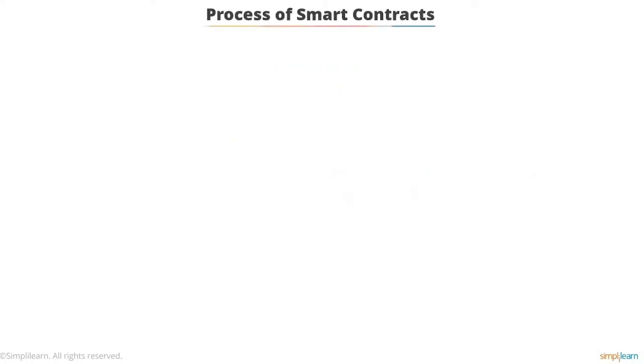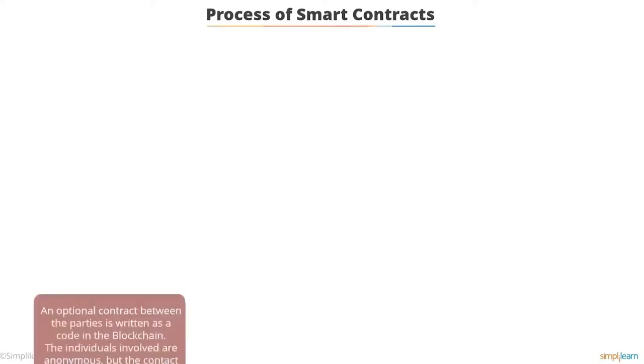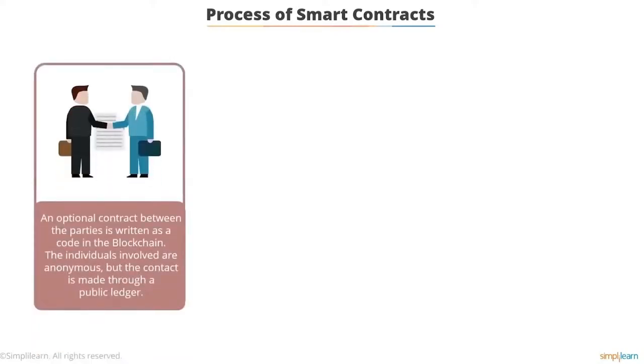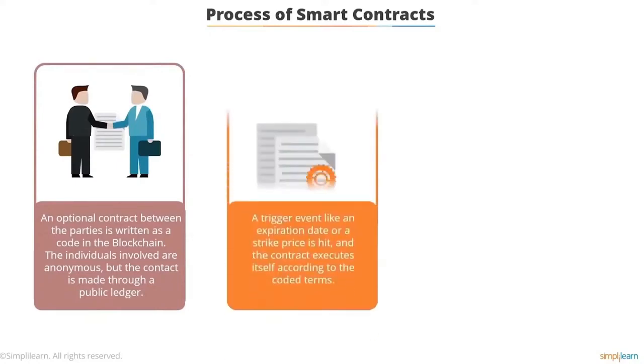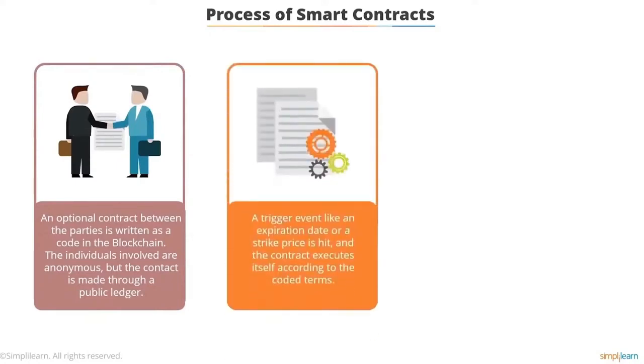Process of smart contracts. In this slide, we will understand how the smart contract works. First, an optional contract between the parties is written as code into the blockchain. The individuals involved are anonymous, but the contract is made through a public ledger. Then, a trigger event like an expiration date or a strike price is hit, and the contract executes itself according